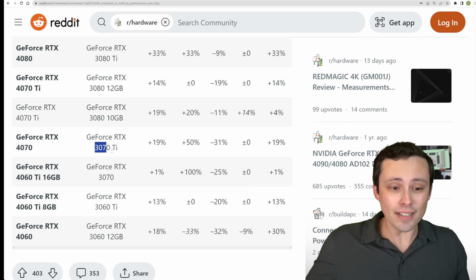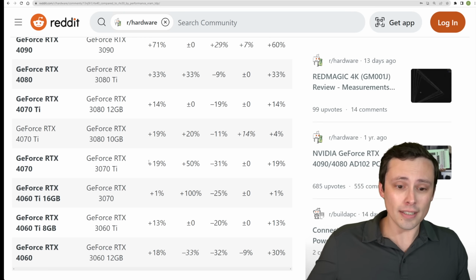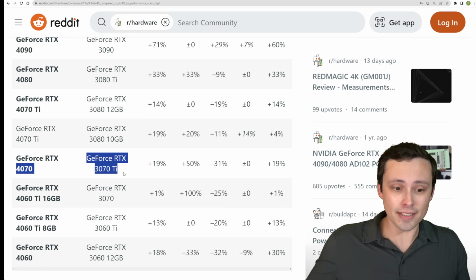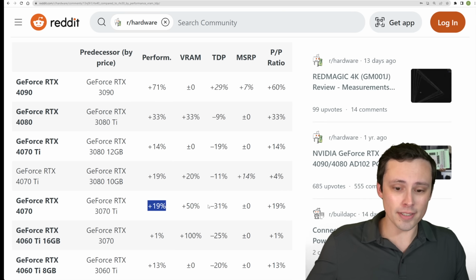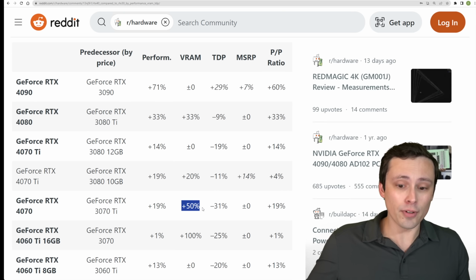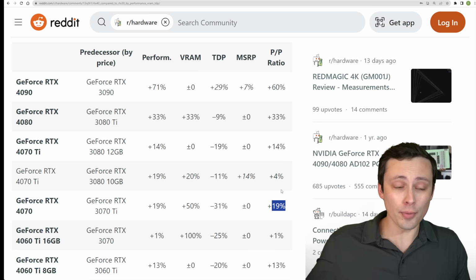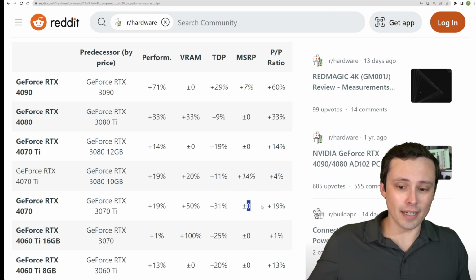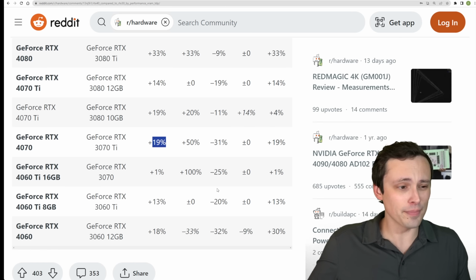The 4070 versus the 3070 Ti do cost the same amount of money. This is the $600 price point. It's 19% more performance with 50% more VRAM and lower energy consumption, but only giving us about a 19% better price to performance ratio, coming in at the same price with a noticeable but modest performance